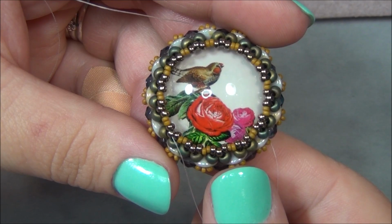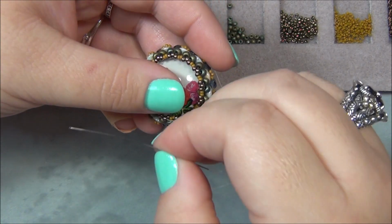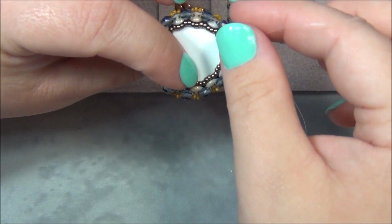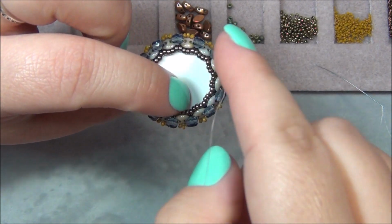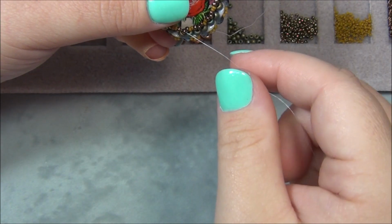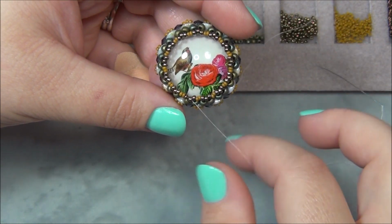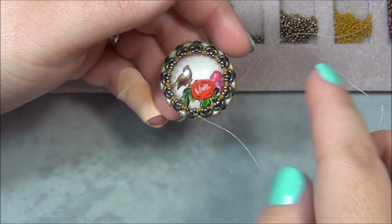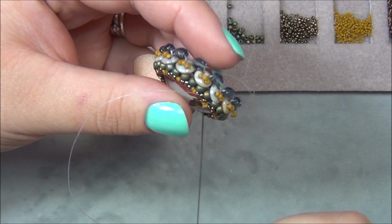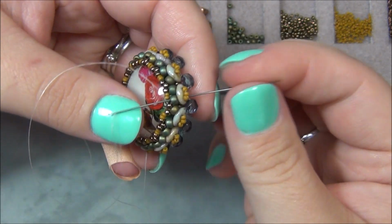I love that. Okay, so I decided not to reinforce this row at this time because when I go to tie my knots, I'm going to be tying this tail here on the back in those seed beads, and then I realized I should tie my knots with this tail here on the top row, because of how I'm going to do the outer edge. It's going to be too crazy to tie knots in that area. So I'm going to take my needle and I'm going to pass down through this 8, through the quadrilentil like this,